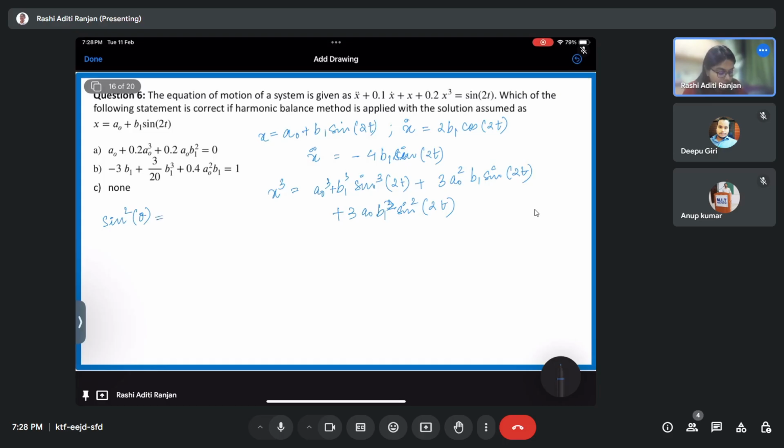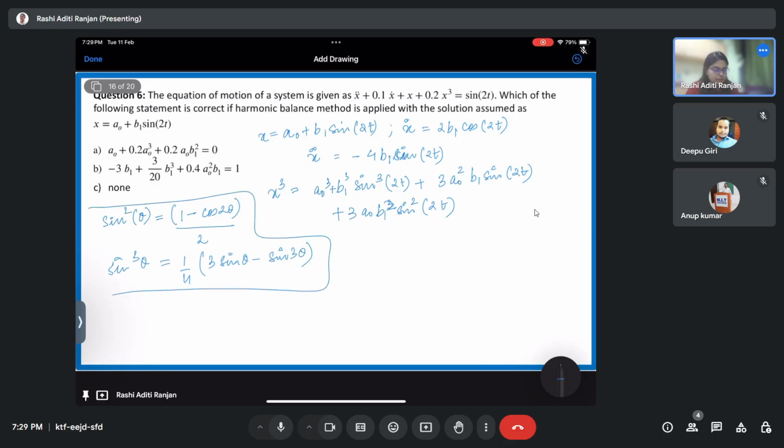So sine square theta is nothing but 1 minus cos 2 theta by 2, and sine cube theta is nothing but 1 by 4 into (3 sine theta minus sine 3 theta). We will use these two identities in this, and then we will get x cube is equal to nothing but